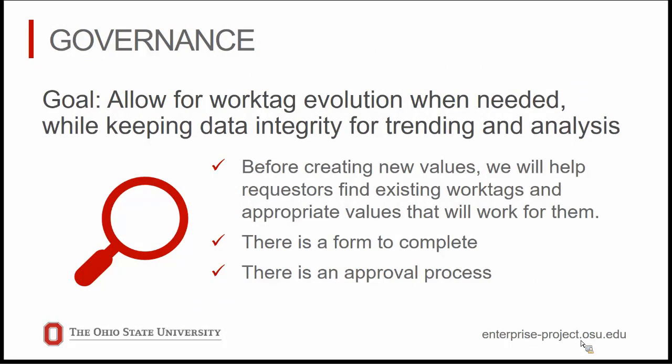We know new values are going to be needed. We know we're going to need to be able to track new things. And we're going to have a process to help you through that to make sure we're setting up the right work tag. So there will be a form that you have to complete, very similar to today when you make a request to add a new chart field value. It'll go through an approval process. And then the team's really going to assist in making sure that we're setting up the right work tag